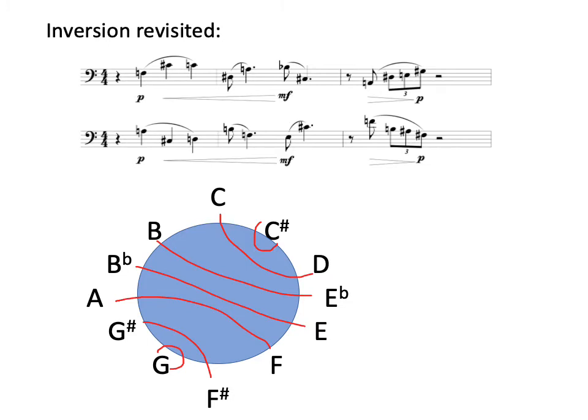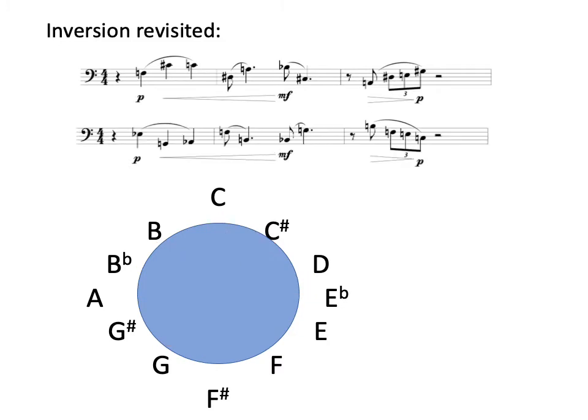Likewise, let's assume we wanted to start not on A, but we wanted to take the original one that started on F and started on E flat. So F and E flat are going to trade places. And my second note's C sharp, but when I draw the basketball lines across, that C sharp is going to trade places with G, and that C natural is going to trade places with G sharp or A flat, as I've got it written there. And then of course that F and that E flat or D sharp trade off,